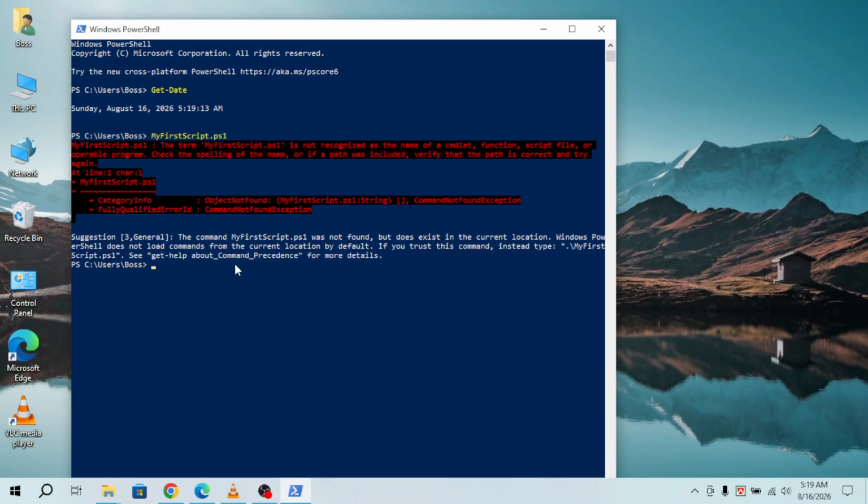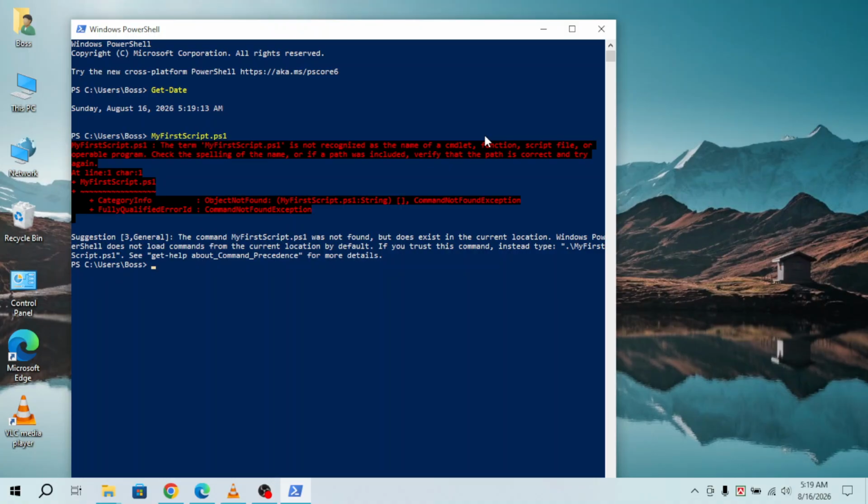Once the basics work, you can add variables, conditions, loops, functions, and commands for file or system management. Start small and test each section as you build. You don't need a complicated script to start automating useful tasks,